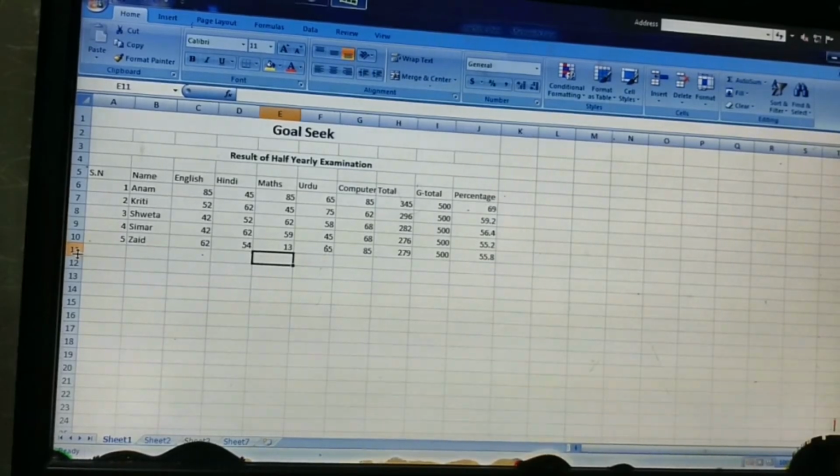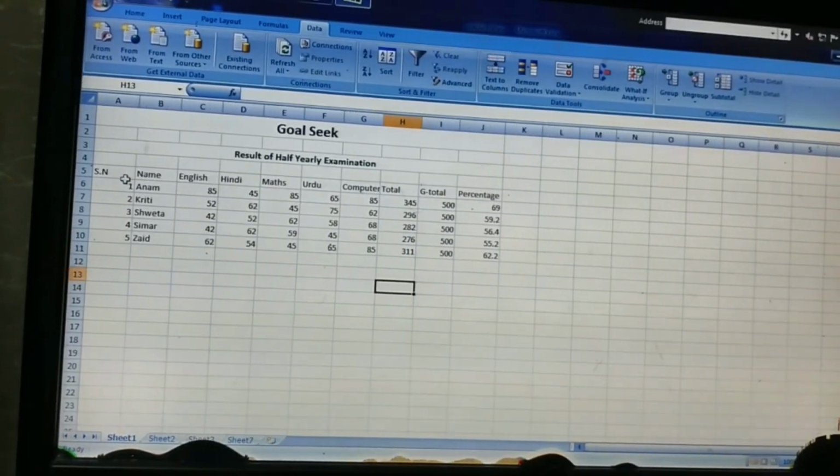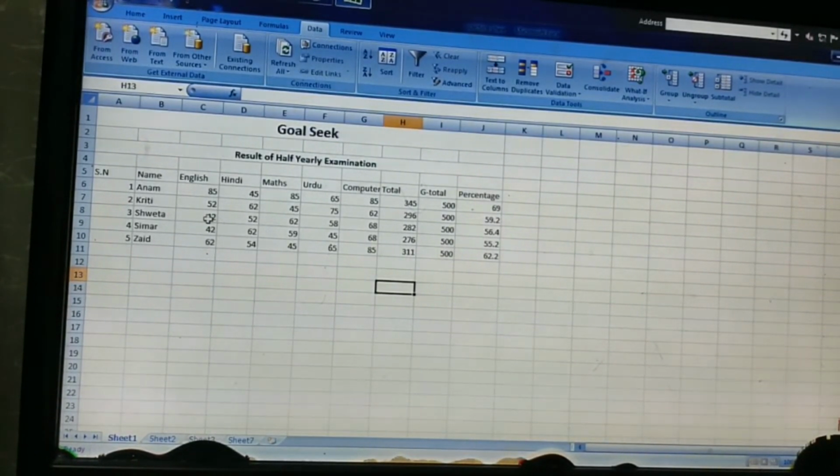And the next option is goal seek. Well, goal seek is another useful data analysis tool of Excel. It is used to set a goal to find the optimum value for one or more target variables given certain conditions. In this list, there is a student who has got the lowest marks, and that student is Simar.